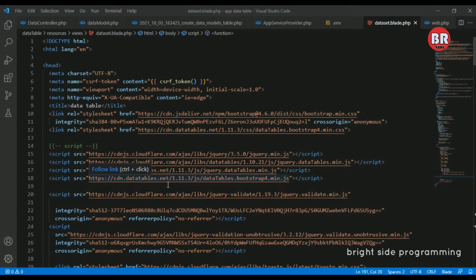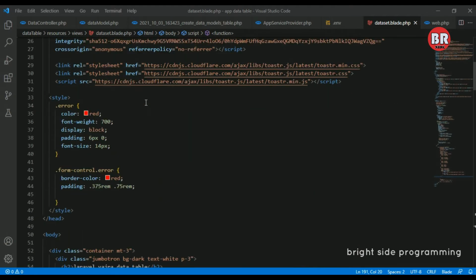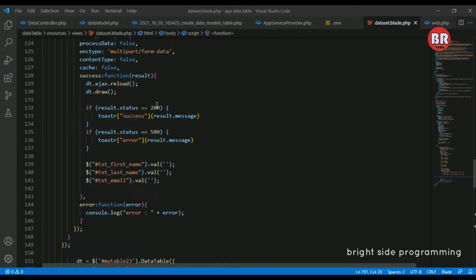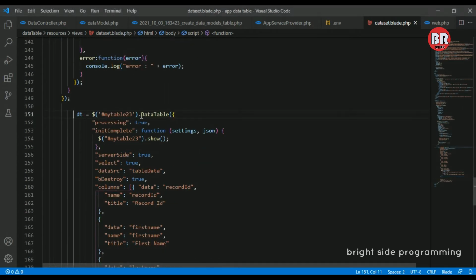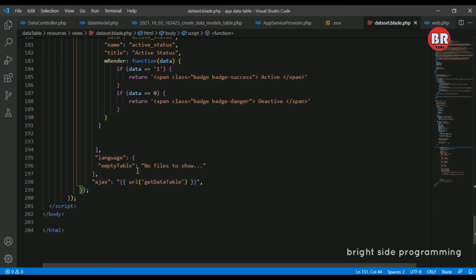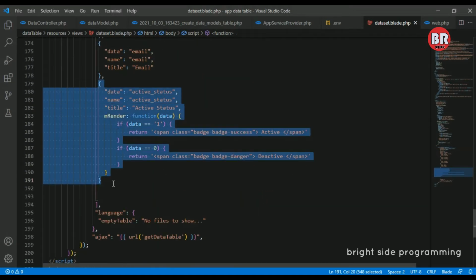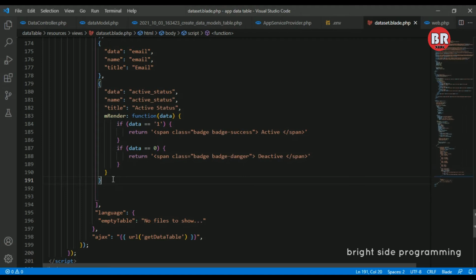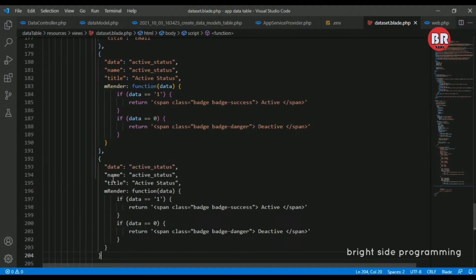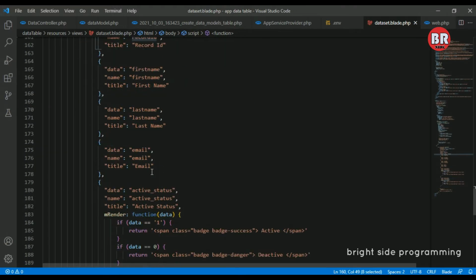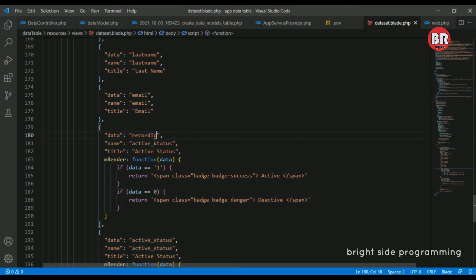Let me go to our Ajax data table. We created the data table function. In here, I will start in the data table function. Here is the endpoint, so I copy this section, add a comma, and paste. I use my record ID. Record ID means my database record ID. I paste the data, and it is also record ID. The title is operation,